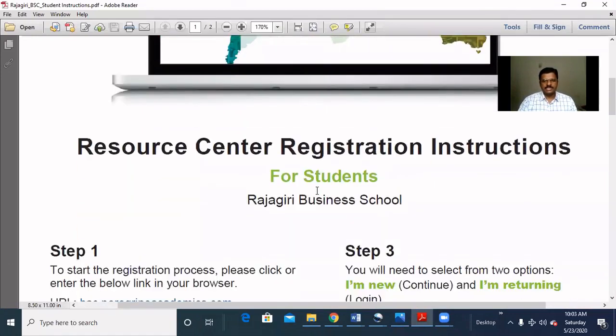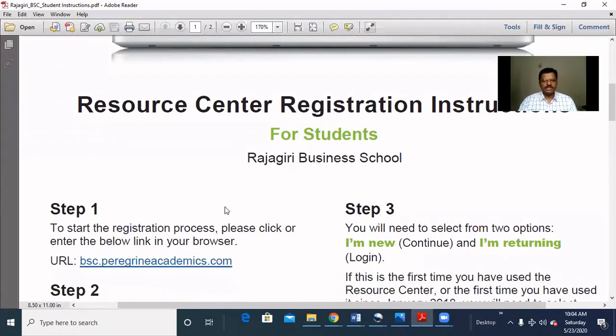You will have to register here online so that you get all the information, especially the latest updates with regard to the caselets provided by Business School Resource Center. Most of the Bloomberg articles are available at Business School Resource Center. So it's important that you all register yourself there, so that you get all the information. It is a very simple step-by-step process. The document I will share with you.